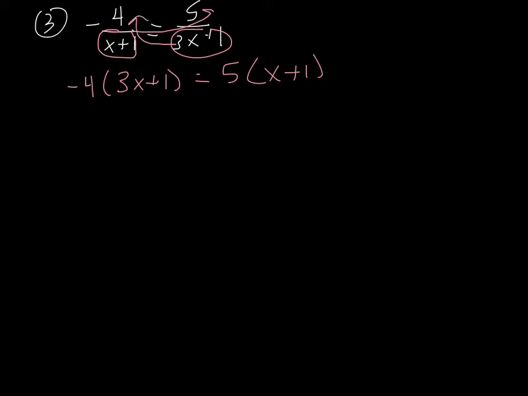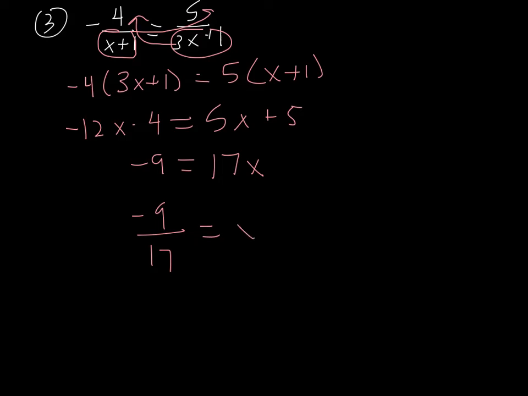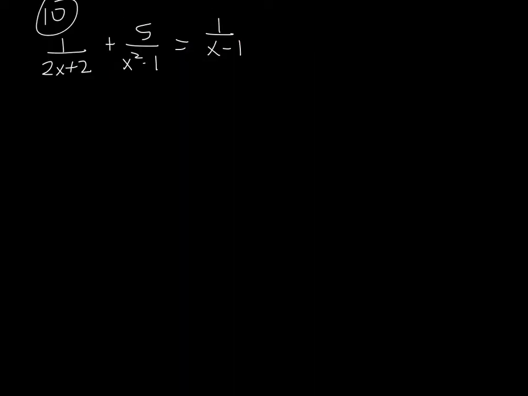So now I can multiply that in, so negative 12x minus 4, 5x plus 5. I'm going to add over the 12, I'm going to subtract over that 5, and then I can divide, and I would get negative 9 over 17 is equal to x, and that would be my final answer for that one. This problem is a little bit more hard because before I can actually multiply anything over,